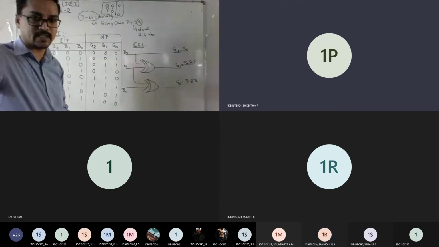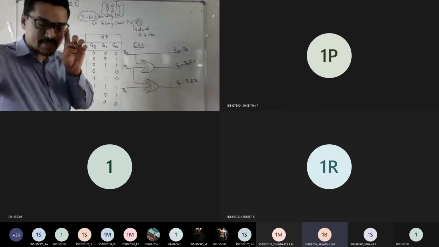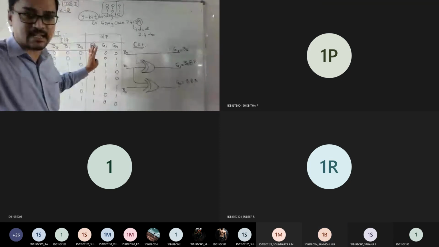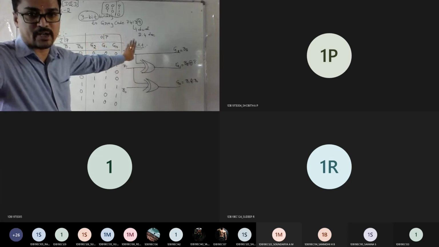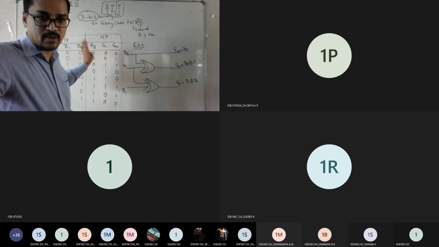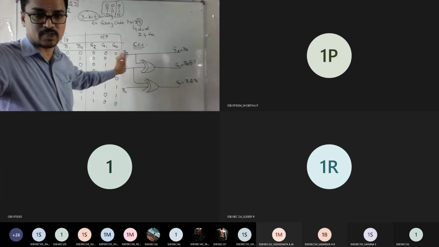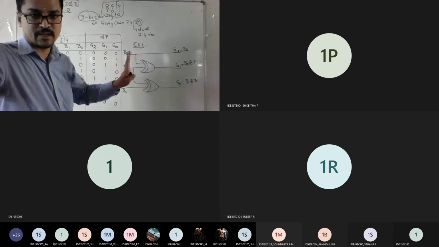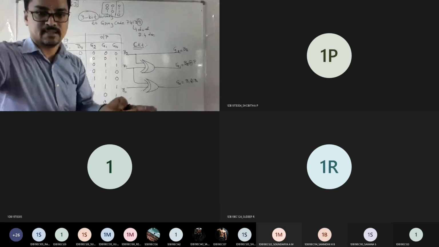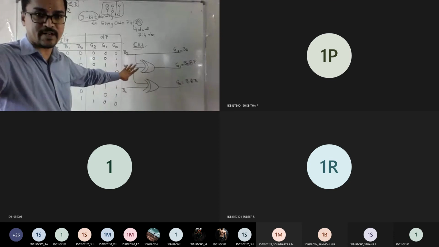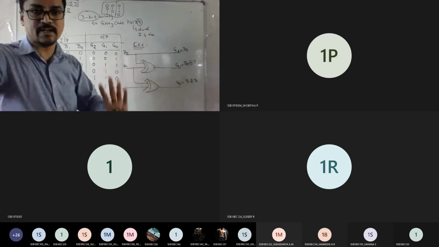See, this is a mistake you will commit. That's why I told you not to confuse yourself. That's why I made it clear in the last class: make a table, active low, active high. I told SOP is what in both columns. Similarly POS. You remember one side at least, so that you can write the replica of the other.